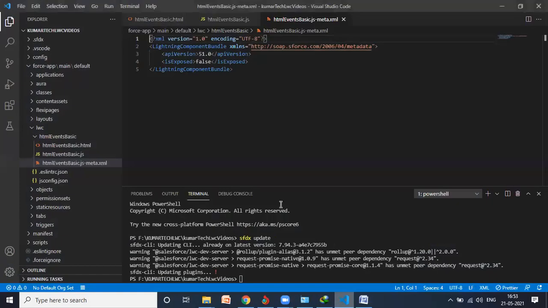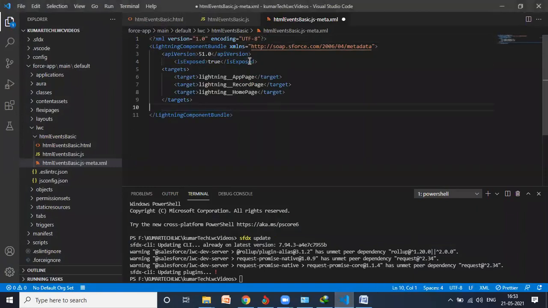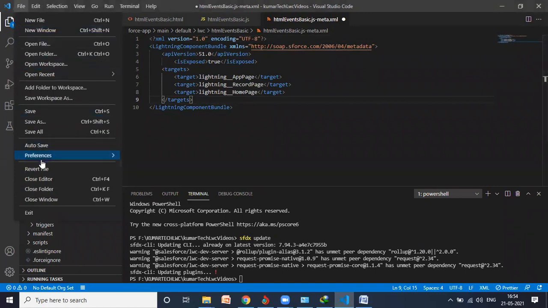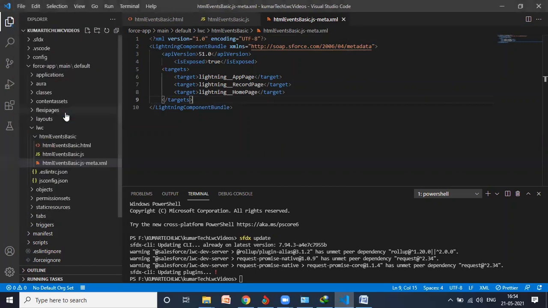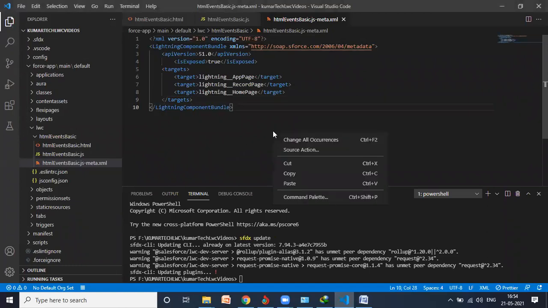I will go here and paste it. Now guys, one important thing. I have already made these changes. Now I need to deploy this. First I will save. For saving, click this save option, or there's the shortcut Control S. So you can click Control S as well. I saved it, done. It's already saved. Now if I need to deploy, I need to go to the command palette and deploy all sources.